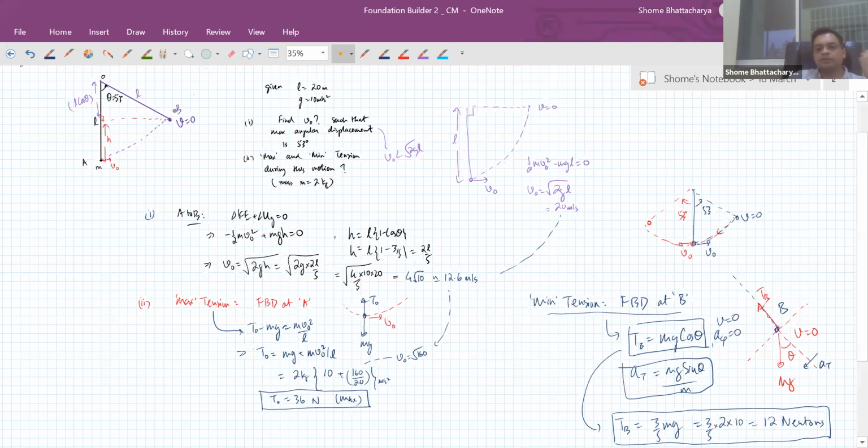Then again at B, it stops momentarily and comes back from B to A, in a mirror image of the motion. And again, as it's coming back from B to A, the tension is increasing, the speed is increasing. Then it crosses the point A and goes to 53 degrees on the opposite side. So we'll have to assume that this motion perpetually happens between the two extreme positions. So hope this example is clear to all of you. If you just review this properly and let me know if there's any doubt.